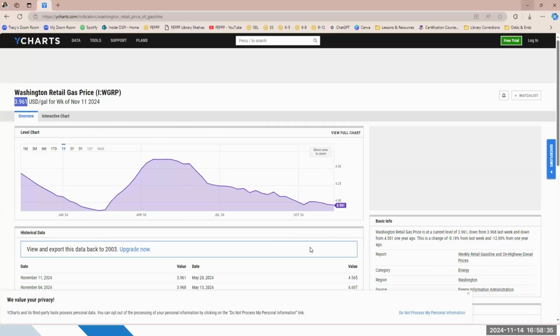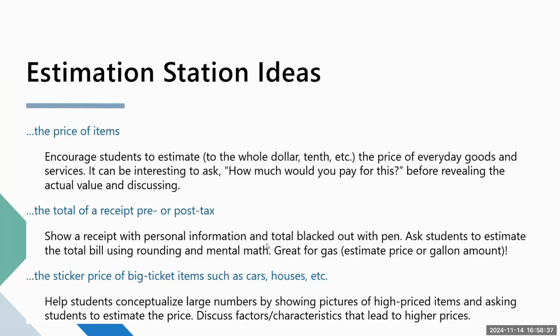So again, another great way to bring decimals home to students is to talk about gas and gas prices and taxes on gas. I would always bring in receipts with just the important information blacked out with a pen and ask the kids to estimate the total of my gas. So, I filled up, guys, I had to fill up this time. It wasn't half a tank. I just filled the whole thing. How much do you think I spent if this was the price per gallon?